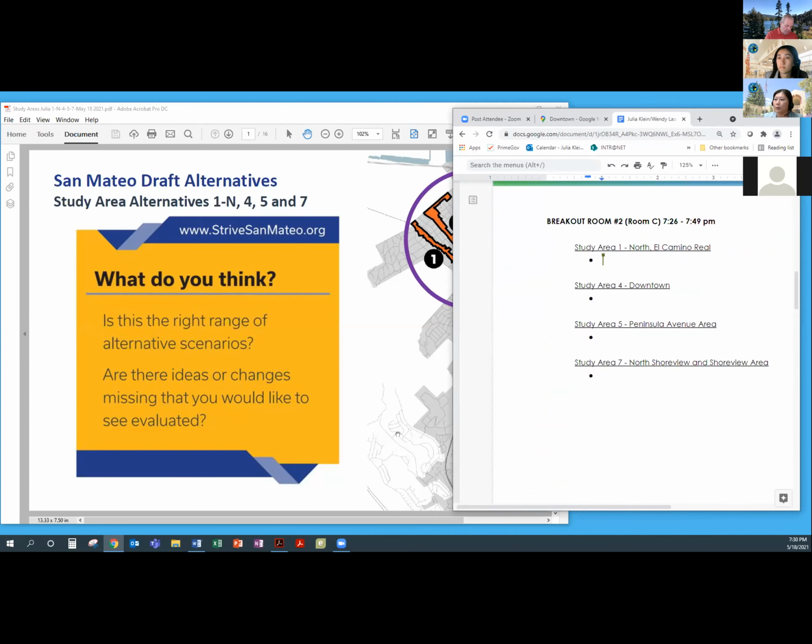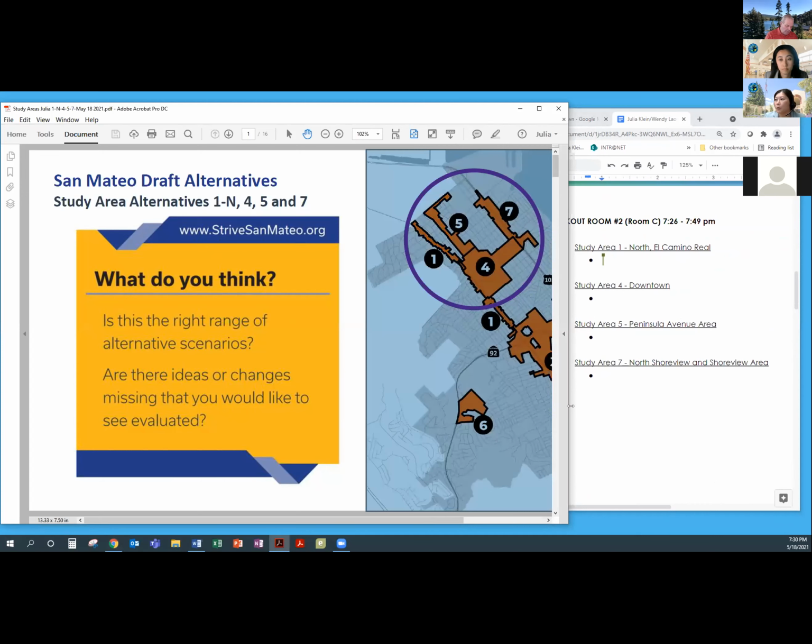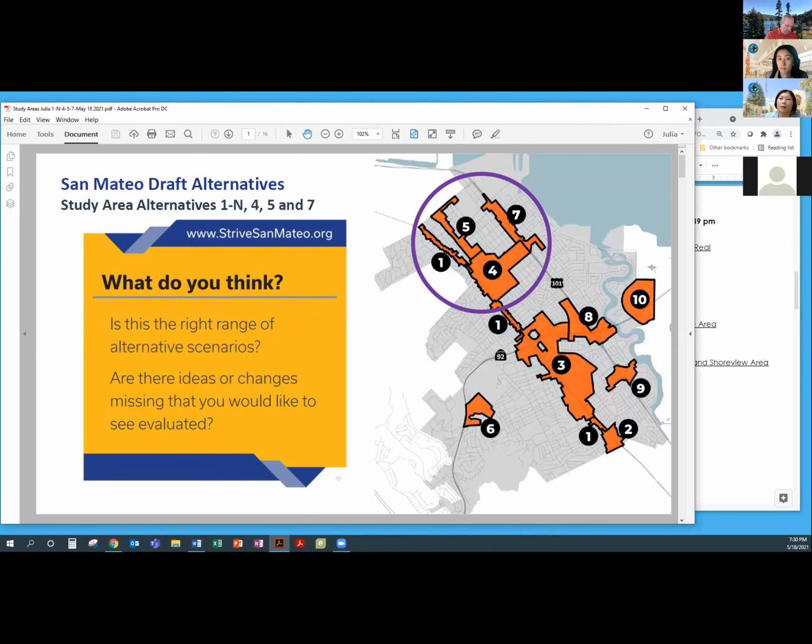So we're in breakout room C. I'm going to be covering 4 geographic areas: study area 1, study area 4, which is the downtown area, study area 5, which is along San Mateo Drive to Peninsula Avenue, and then study area 7, which is the area straddling both sides of Highway 101, the northern part of Highway 101. Study area number 1, we'll cover first, and then go in numerical order.